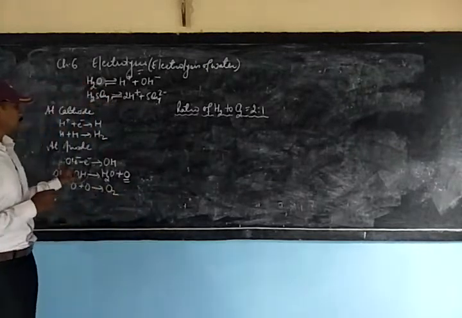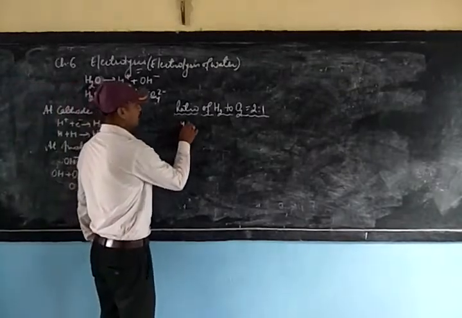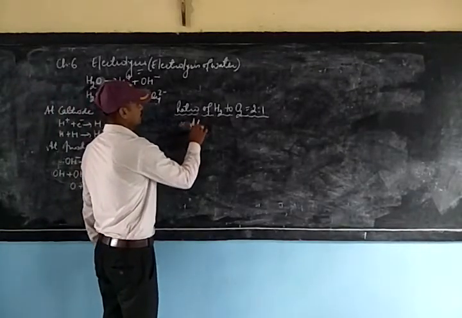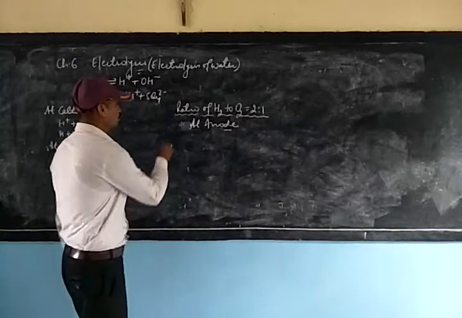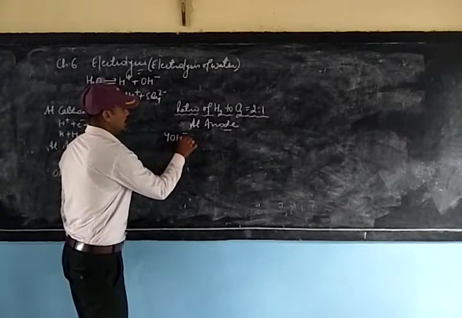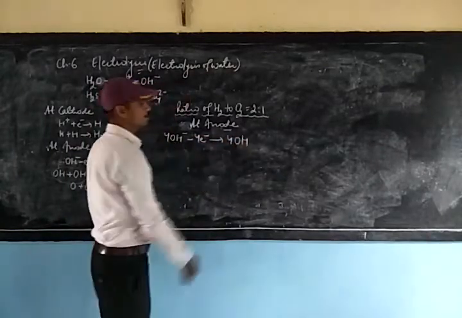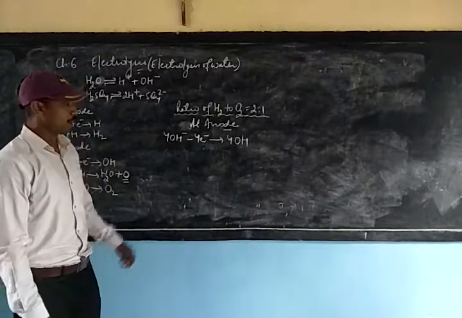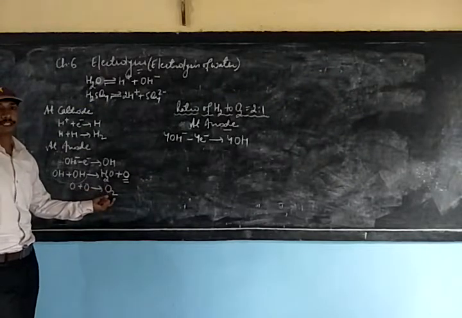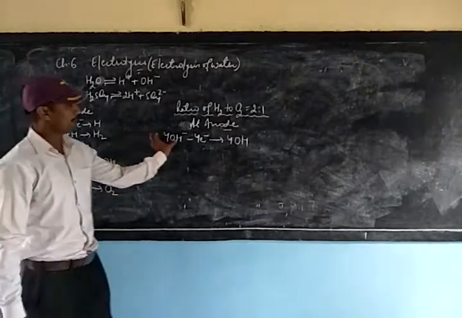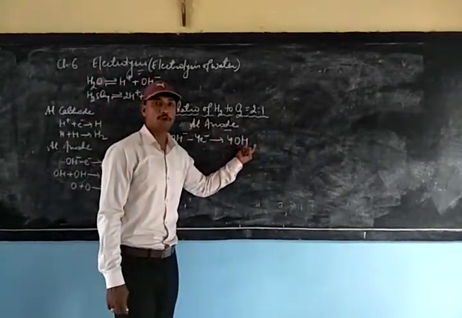You can see here 1 hydroxyl ion gives 1 hydroxyl group. So we can say that 4 hydroxyl ions, this will be the reaction at the anode side. So 4 hydroxyl ions, after removing 4 electrons, will be changed into 4 hydroxyl groups. So I am showing you now in detail how these 2 atoms of oxygen have come. So 4 hydroxyl ions, after losing 4 electrons, will change into 4 hydroxyl groups.